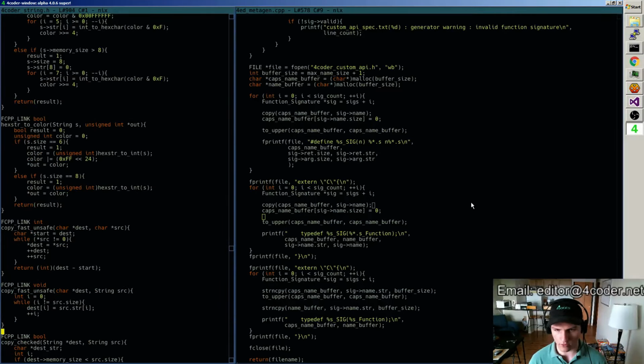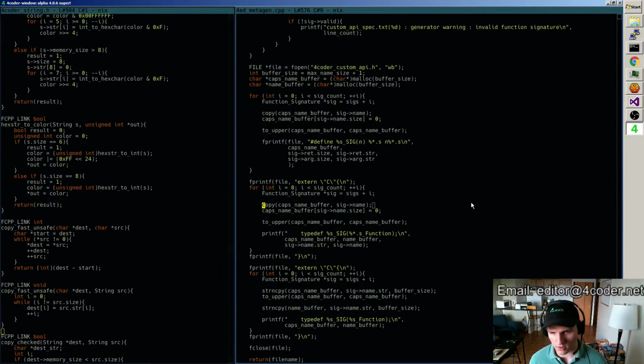Yeah, it doesn't perform any null termination as I suspected, so that'll just blot out a nice little null terminated string for me. Then I can toupper on it. And that works there and there. And then on the next one here, we're doing strncpy, so we don't want that, but I do want to copy into the name buffer. I guess now I don't need caps name buffer again, right? So I can go back to just using name buffer for everything, because there's only one at a time, ever.